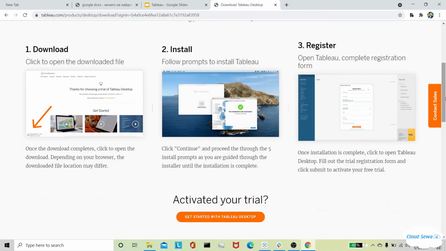It hardly takes 2 to 3 minutes for complete installation. Once the installation is complete, please open Tableau Desktop, fill out the trial registration form and click submit to activate your free trial. So you can run Tableau Desktop free for 14 days.